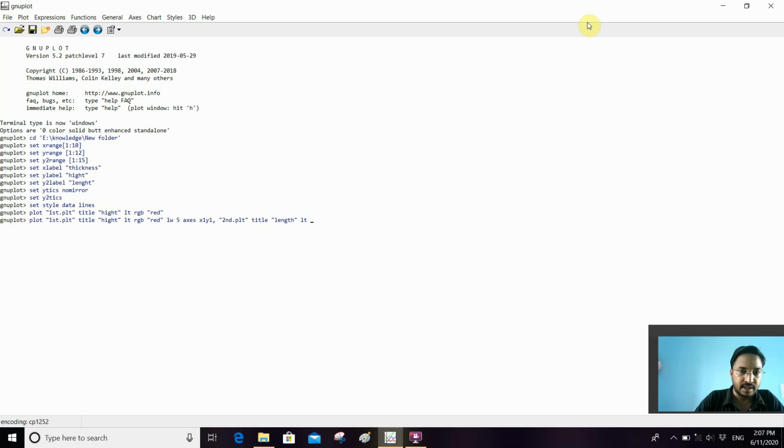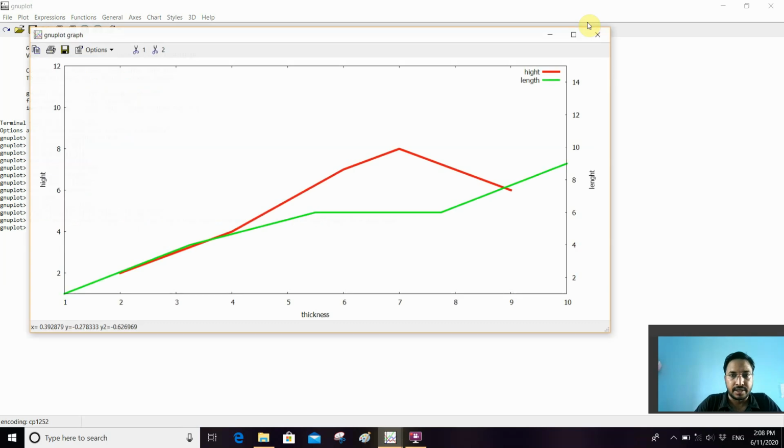The color of this graph I am taking is lt rgb green, inverted comma close, and the width of this graph I am taking as 4 scale. After this I have to write axis x2y2, and press enter.